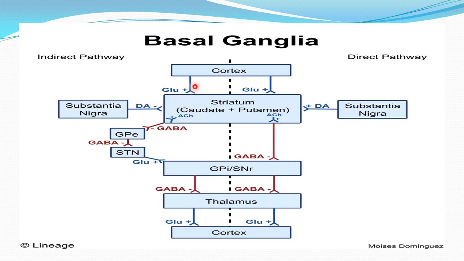This function: here are the excitatory fibers, and here are the inhibitory fibers. It is the balance of these fibers which causes inhibition of unwanted movement. From the globus pallidus, the caudate passes to the globus pallidus externus, then the subthalamic nucleus. From the subthalamic nucleus, excitatory fibers pass to the globus pallidus internus. This globus pallidus internus has GABA, and this GABA inhibits the thalamus. These fibers don't give impulse to the cortex. In this pathway, unwanted movement is inhibited, and from this pathway wanted movement is executed.